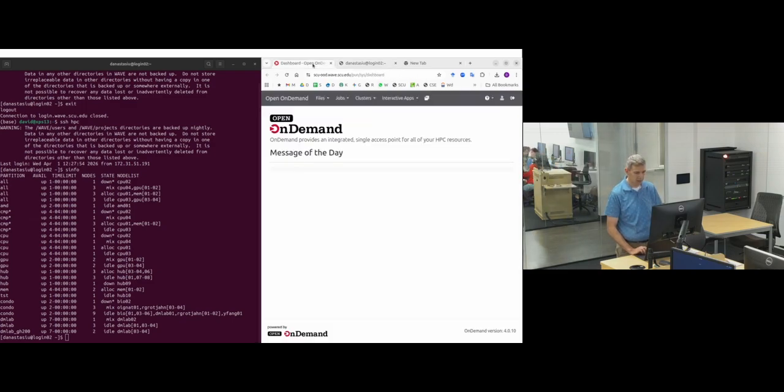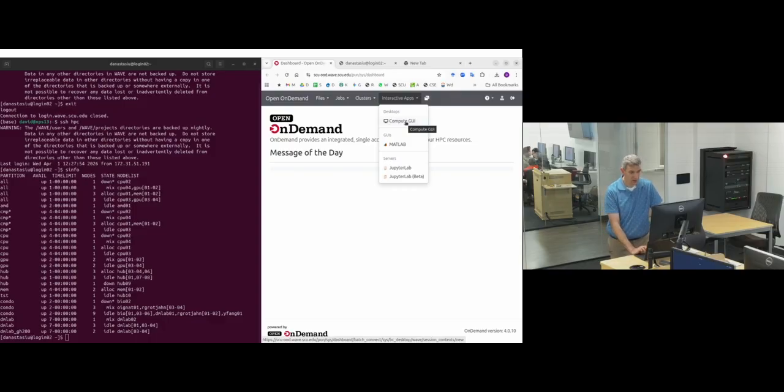And what most users use it for are these interactive apps. So here we have Jupyter Lab, which gives you basically Jupyter notebooks to do interactive coding in. MATLAB for using the MATLAB application interactively, and Compute GUI. So this gives you basically a Linux desktop interface, complete with graphical user interface, and then you can do whatever you need to do in that system.